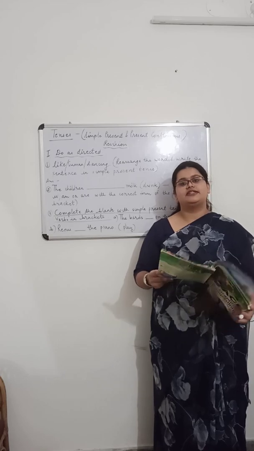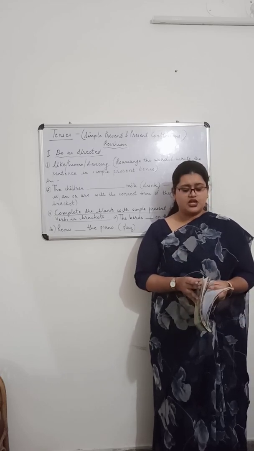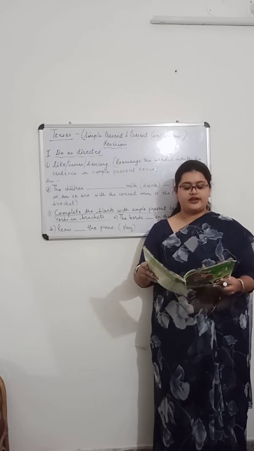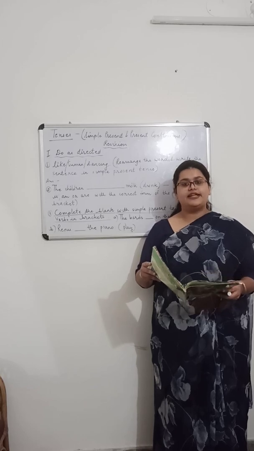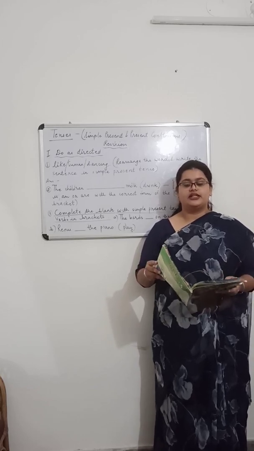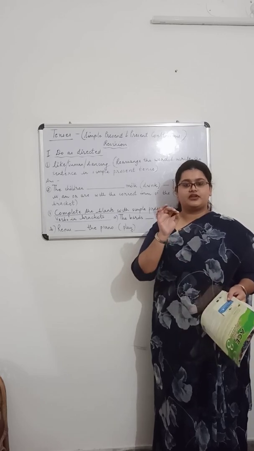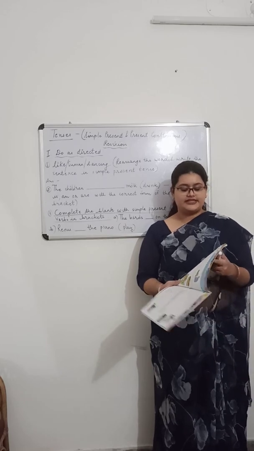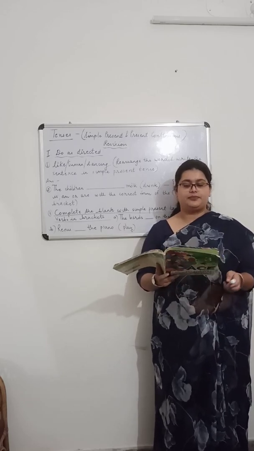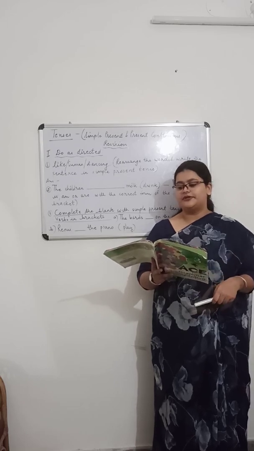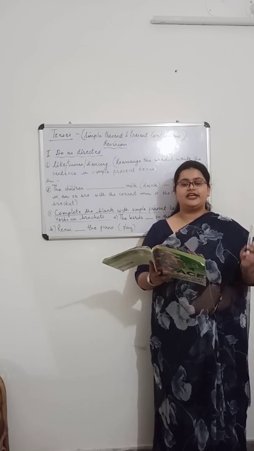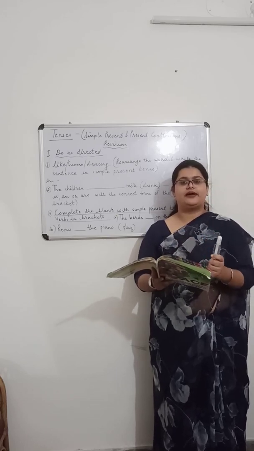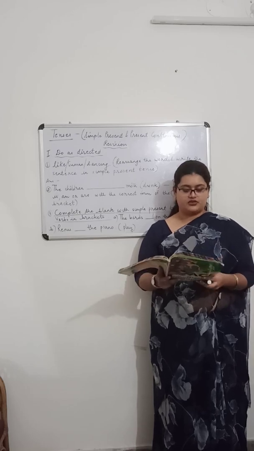Now let's talk about present continuous tense. Now what is present continuous tense? Now see, we use the present continuous tense when we talk about things happening at the time of speaking. Okay. Now the form is, am or are plus the ing form of the verb. For example, if I ask you to write the present continuous form of the verb help, so it can be is, am or are plus helping. The verb help will become helping. We will add ing. Okay.